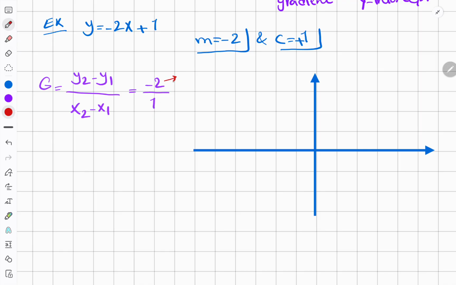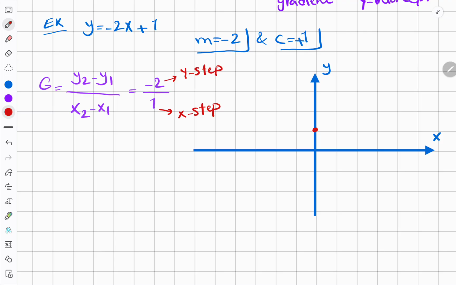So the y step is negative 2 and x step is 1. And y-intercept is positive 1, which means on y-axis we have positive 1, which is the y-intercept,